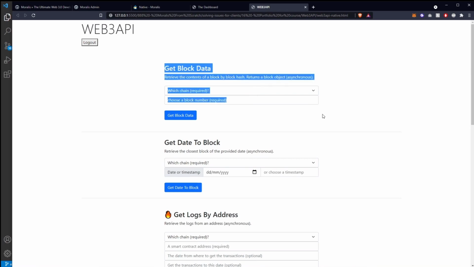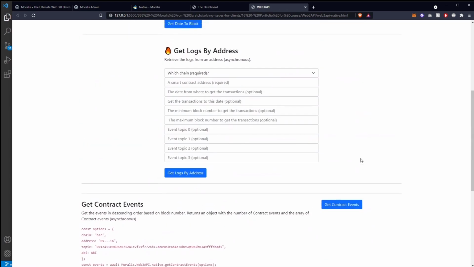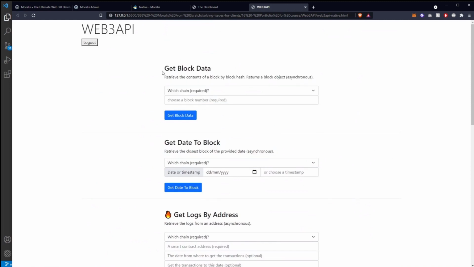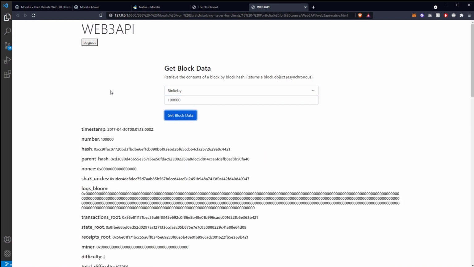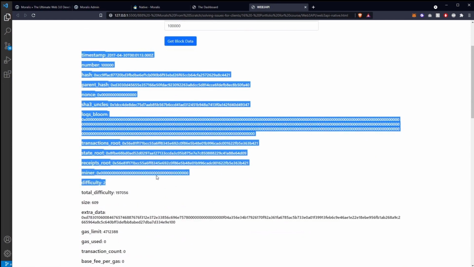And this just gives you some basic ideas of how you might use the functions in the API. So for example, get block data just retrieves the contents of the block, as we've said. So let's just choose a chain. We could use a simple select box for that. We'll choose Rinkeby, let's say, and we'll choose a block of, say, 100,000, whatever it might be. Get block data. And this particular function just dumps that information onto the screen so we can see what it's